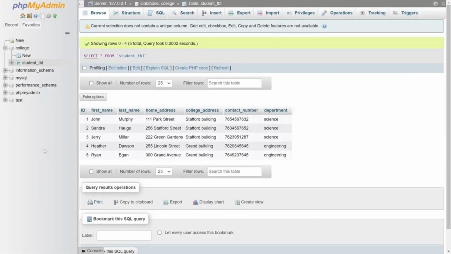I recently created a database table for a college called Student Table. It contains the following pieces of data on each student in the college: ID, first name, last name, home address, college address, contact number, and department. Let's use the update syntax to update the home address and contact number of the student assigned the ID of 3 in the table. So I click the SQL tab in